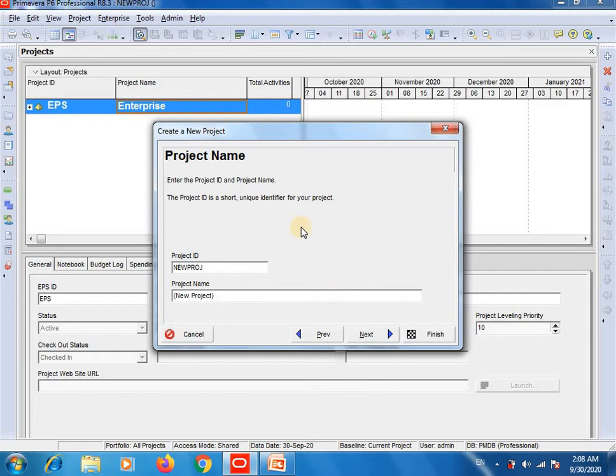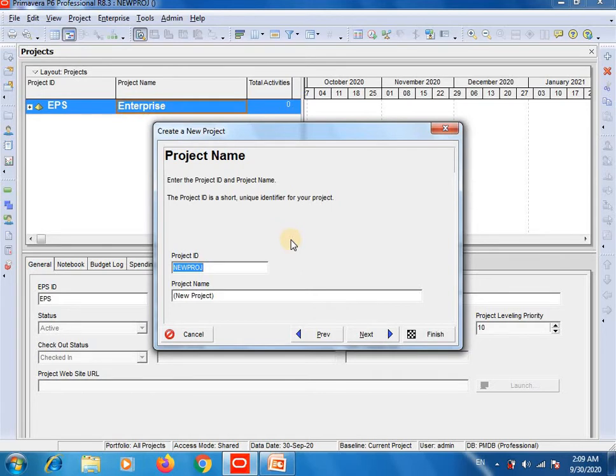Now your new project ID and name. As I am an electrical engineer, I will talk about electrical work, and let's assume that our new project is electrical wiring in a building or in a house. So I will write the project ID like this.